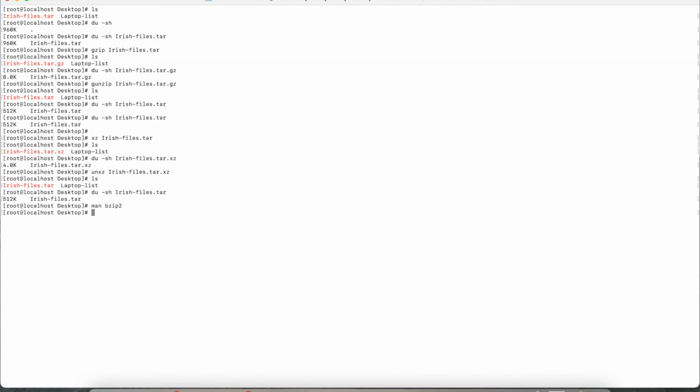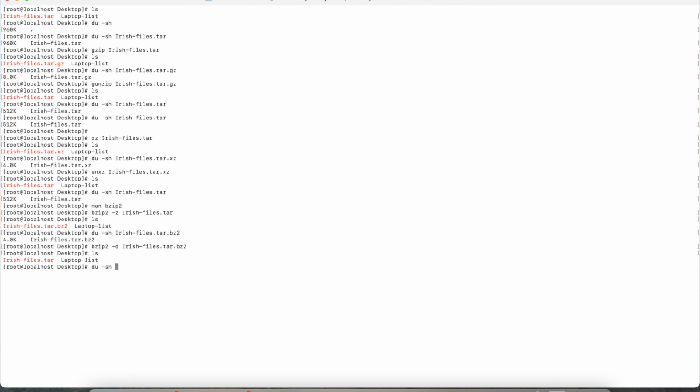I want to compress this file with bzip2 -z on Irish, so ls. You can now see it's with the extension bz2, and if you check, the size is 4K. Now if we want to decompress this, bzip2 -d on Irish, and you see that it's back to its original position,